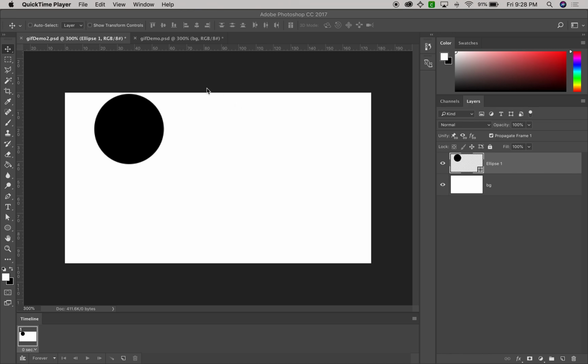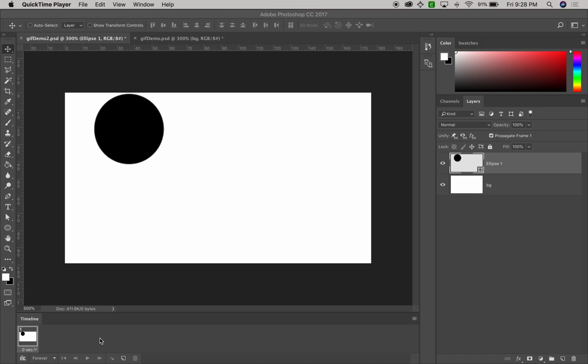Okay, so I'm going to show you how to make some GIFs. There's lots of types of GIFs, but the most simple kinds are just moving an object with a background. So I've got a background layer and an object here in the foreground. The first step is to create your layers here, but you'll see that I've got this second set of layers